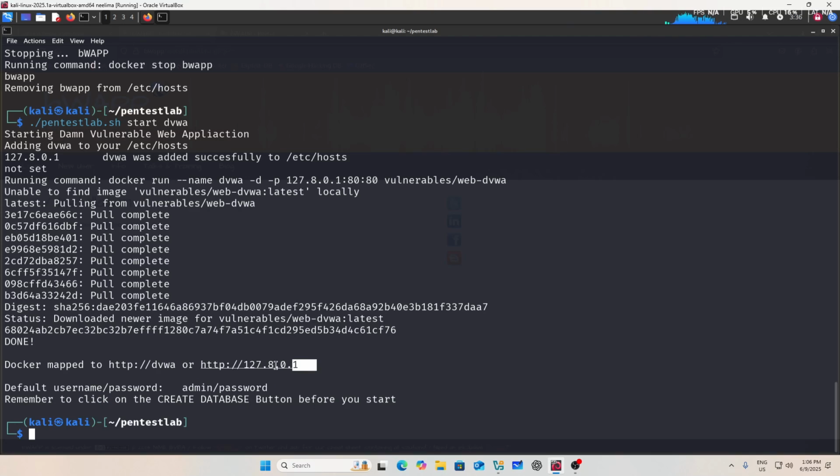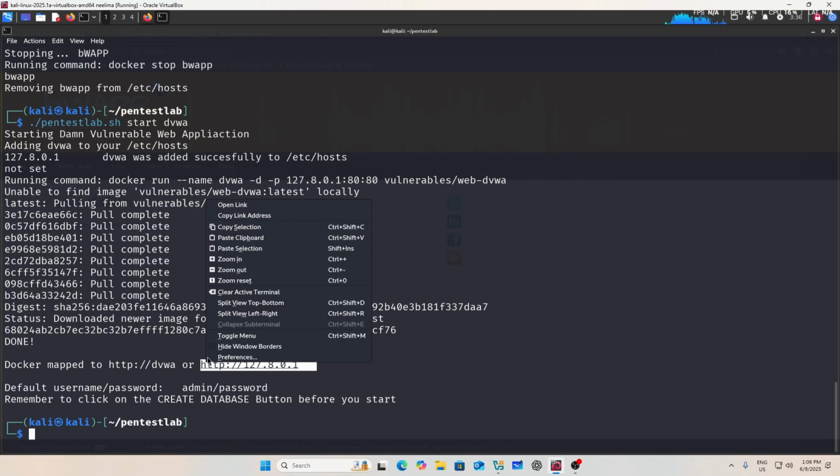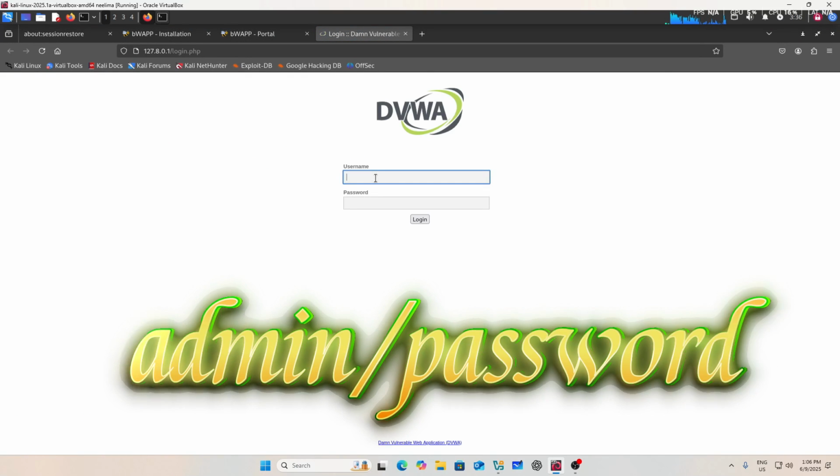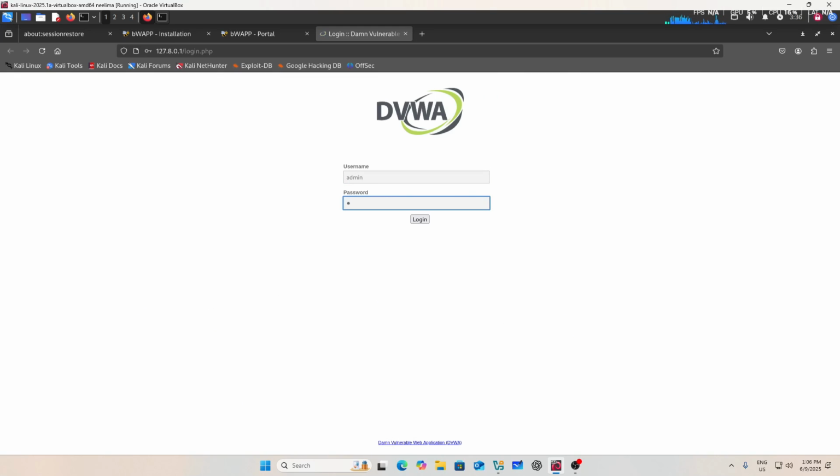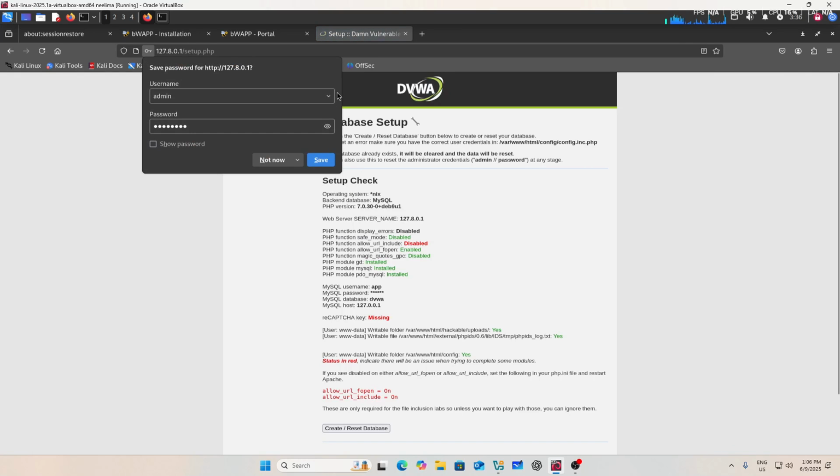If you want to open that website, you can simply click on that link. Open link. Remember the username admin and password is password. You can simply click on login and done.